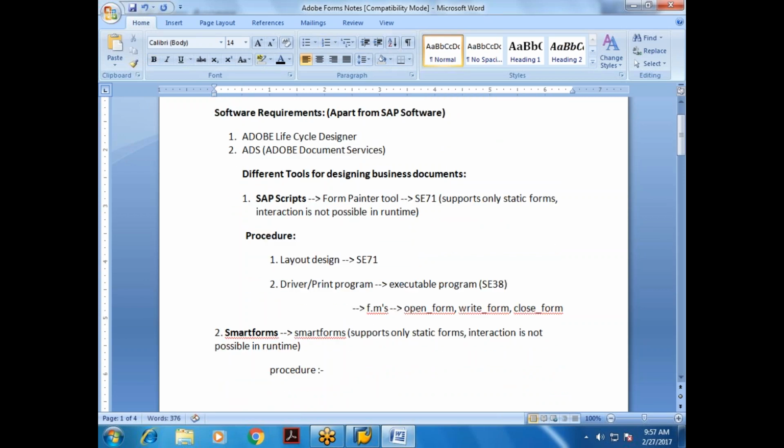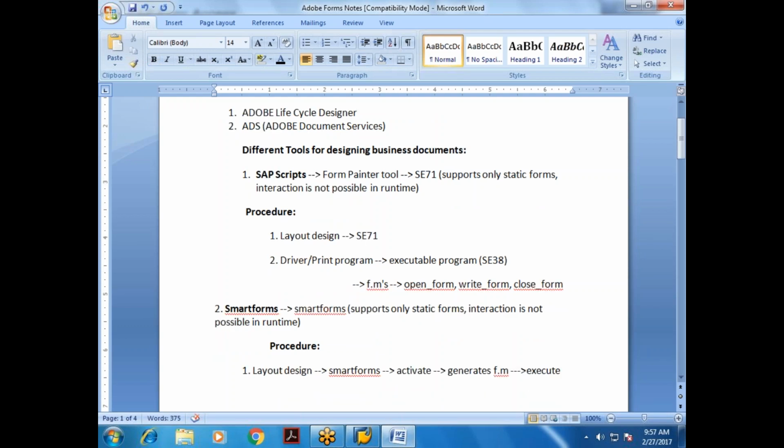Okay. What is the procedure we follow for this? Yes, we are going to design the layout in what? Smart form. Layout design, we'll do it in what? Smart form. You'll activate it. It generates what? Function module, we can execute it. Okay. And if you want, we can also write what? A driver program, or we call it as what? A print program,